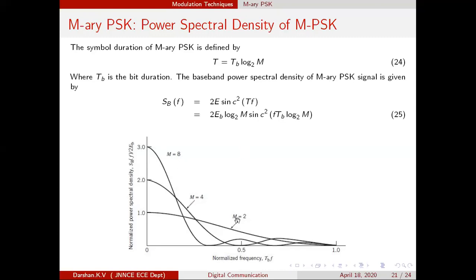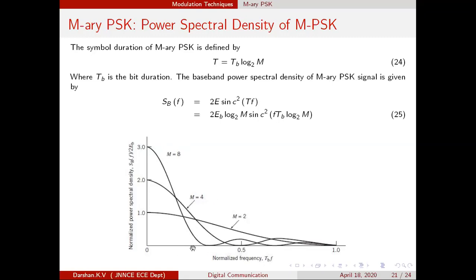So this belongs to BPSK and QPSK. As and when the M value rises, that is, if you are working with higher order PSK, beyond binary and quadriphase keying, increase the number of symbols to 8, 8 can be increased to 16, 16 could be increased to 32. Then just observe what is going to happen. The curves will reach 0 very early. Just observe, M equal to 8 is reaching 0 very early when compared to the M equal to 4 curve and M equal to 2.